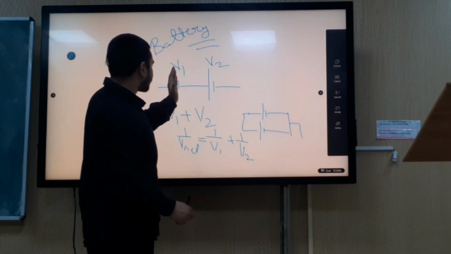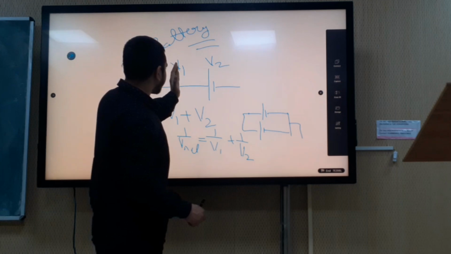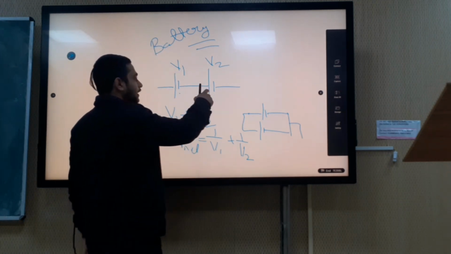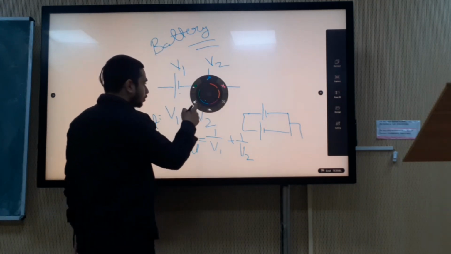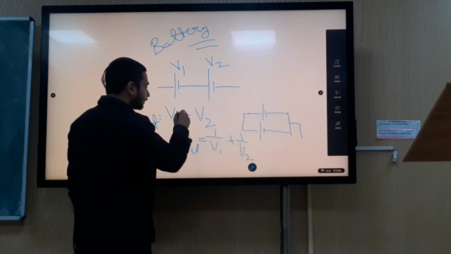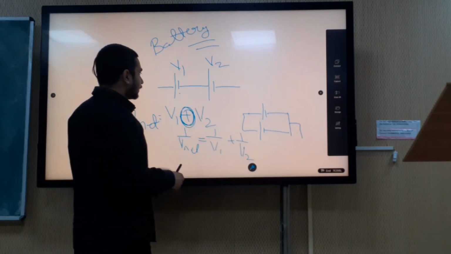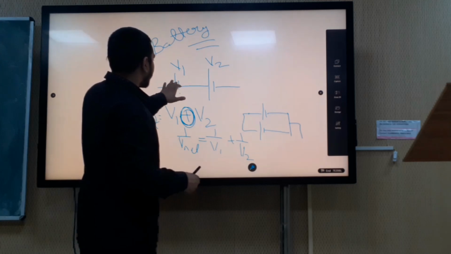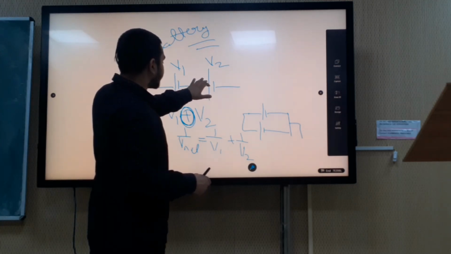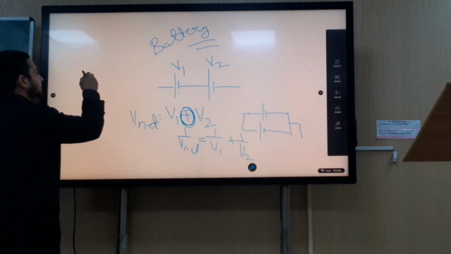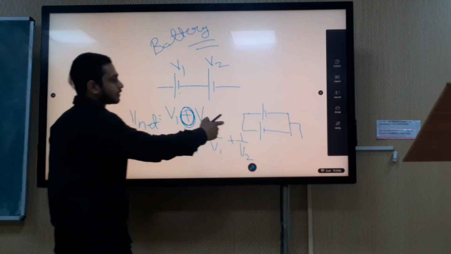Now we will see that the two terminals which are there are of the same kind. Suppose this is positive, then negative, then positive. So negative is connected to the positive, so then we use this positive sign. But when negative is connected to negative, suppose this type of arrangement is there.